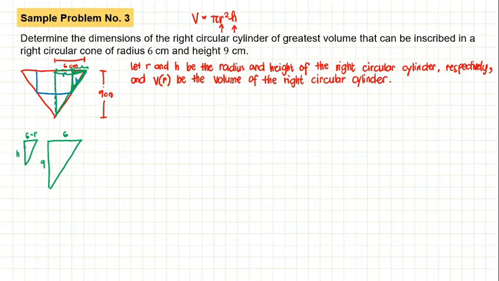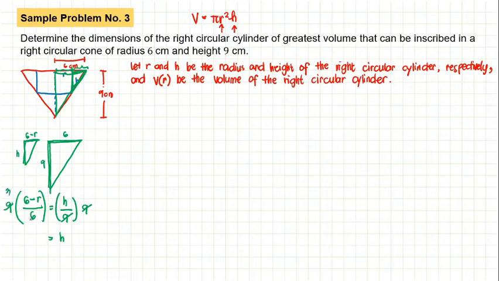So from that, we will have (6 minus r) over 6 is equal to, so this base is to this base, equal to this height here is to this height. So we have h over 9. Okay? So from that, we can now solve for h. Just multiply 9 both sides. You will have h equal to, the 9 cancels out. So this is 3, this is cancelled out. This will become 3 over 2,